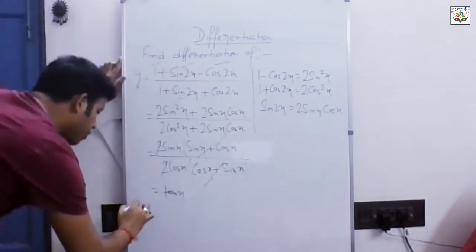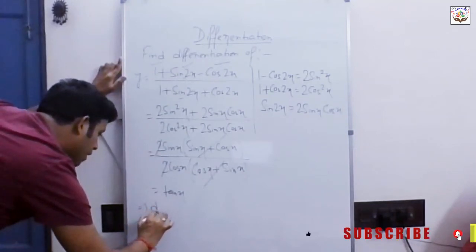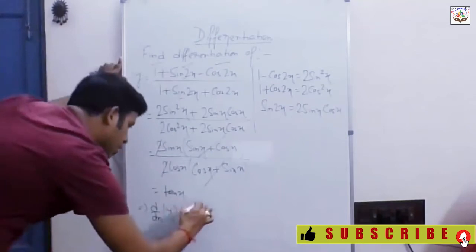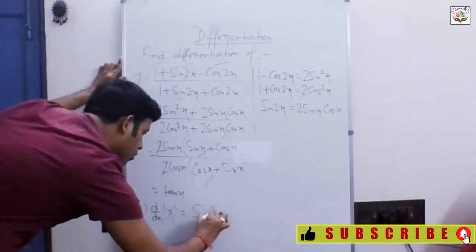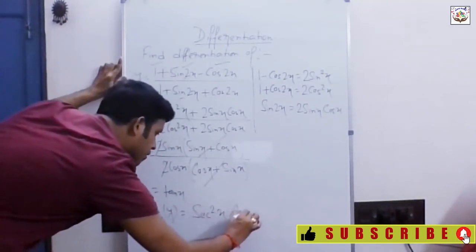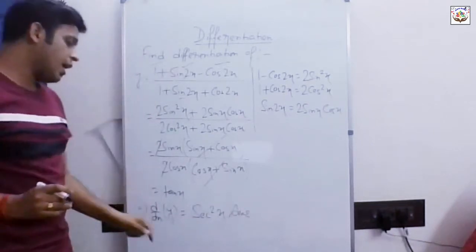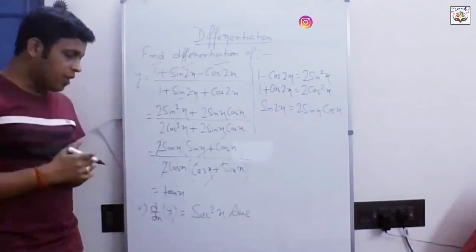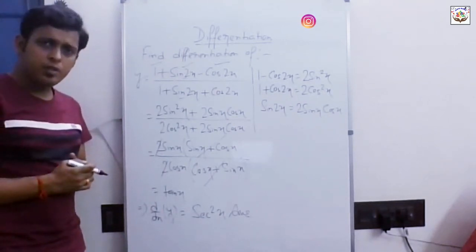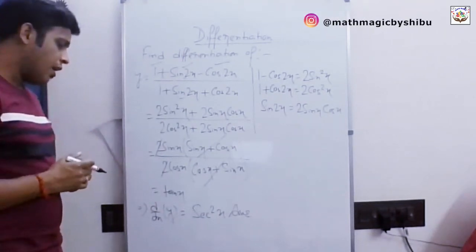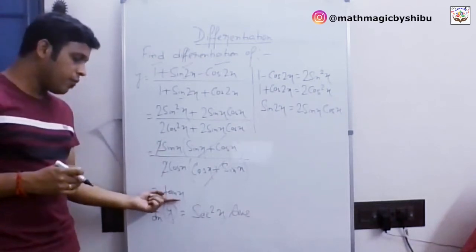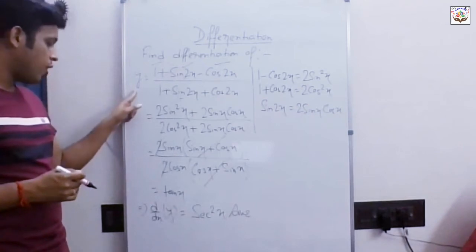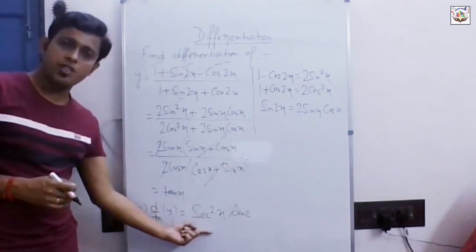Now we need to find the derivative of tan x. That means the derivative of y, which, as you know, is sec square x by the standard formula of differentiation. If you check my very first video about differentiation, you will find I have written that the derivative of tan x is sec square x. So the derivative of y will equal sec square x for this problem.